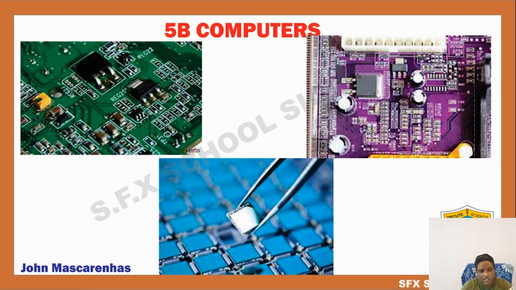But remember one thing, if you make a mistake, computer will make a mistake. For example, suppose I say 2 1s are 2, 2 2s are 4, 2 3s are 6, but I type on the computer 2 1s are 2, 2 2s are 4, 2 3s are 5. So it is a mistake. If you tell the computer 2 3s are 5, it will say 2 3s are 5. Understood? So if you make a mistake, computer will make a mistake.